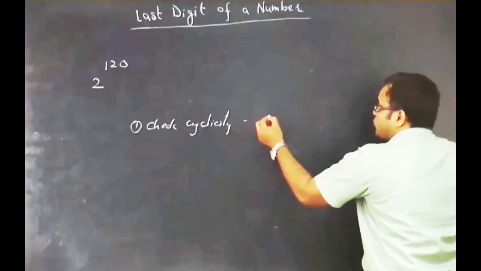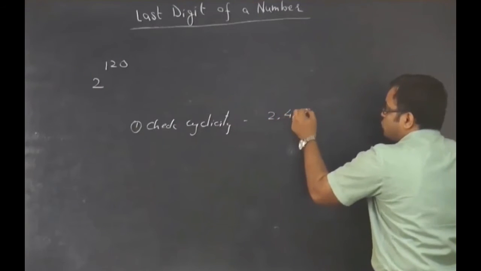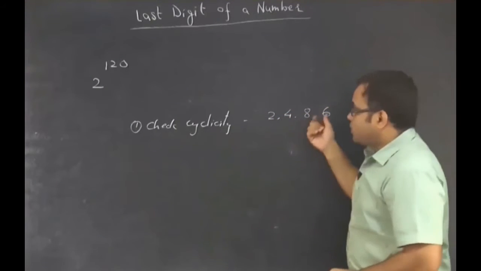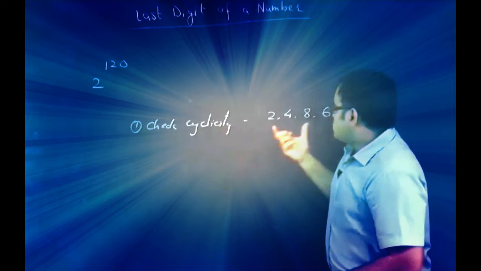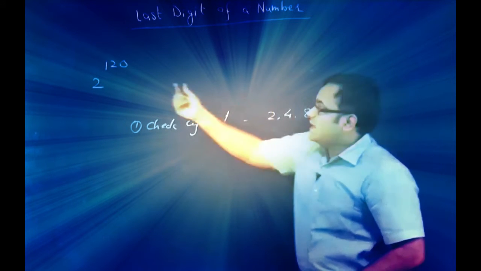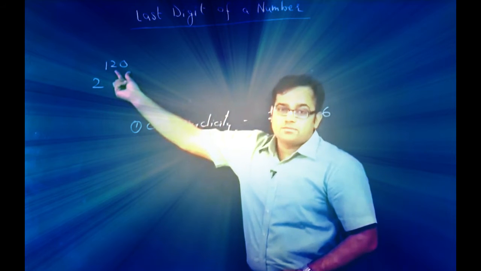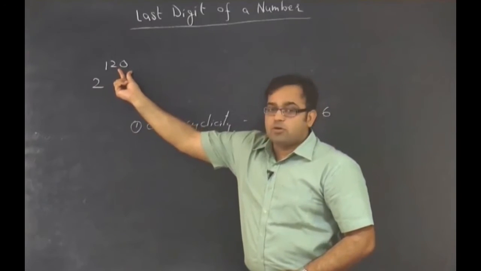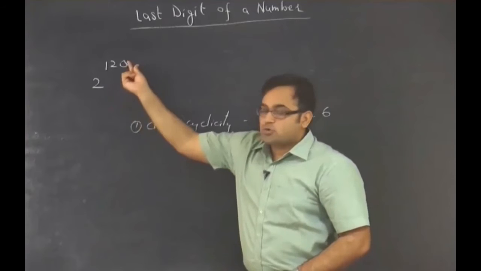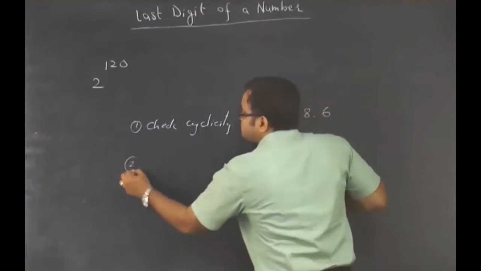So the cyclicity for 2 is: 2, 2 to the 4, 4 to the 8, 8 to the 16. So 2, 4, 8, 6 is the cyclicity. Because the cyclicity is 4, next I divide the power by 4. And after dividing by 4, whatever remainder is obtained, I raise 2 to that power. So step 2,